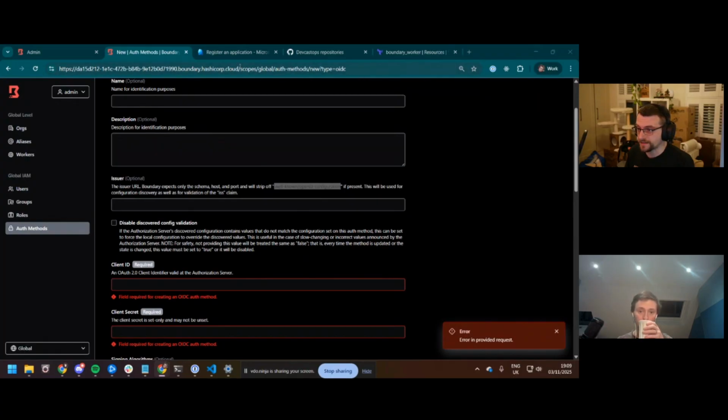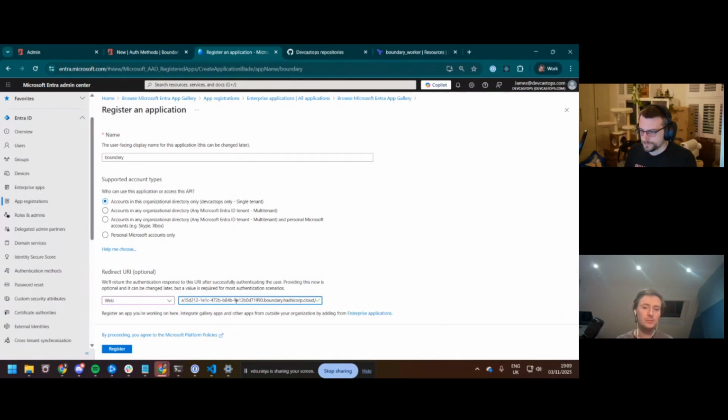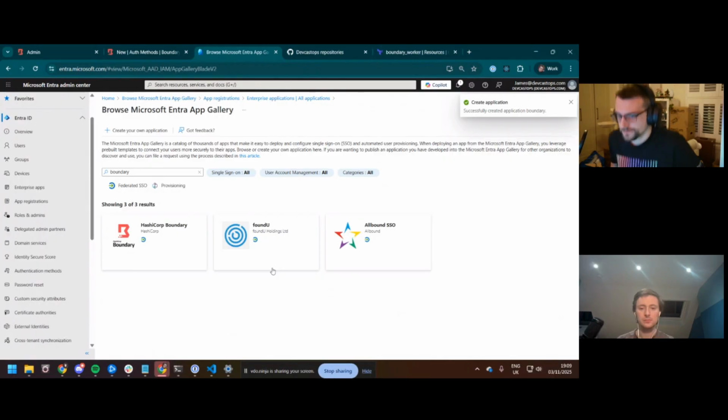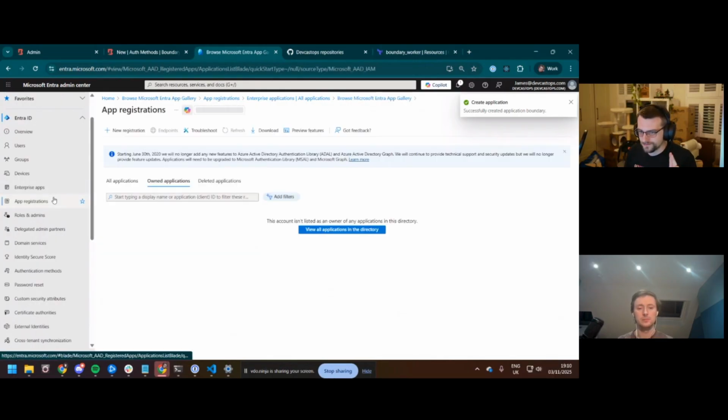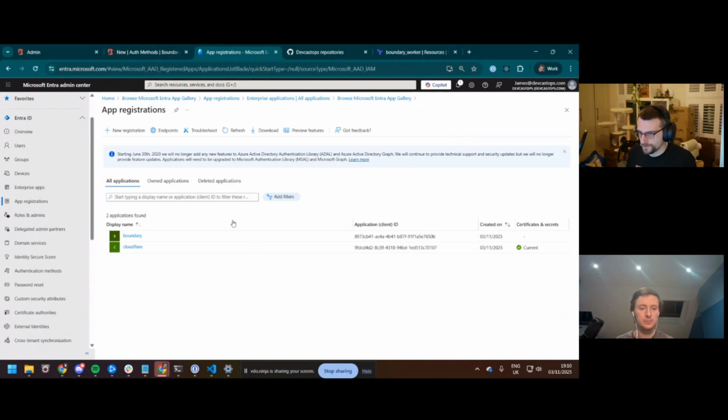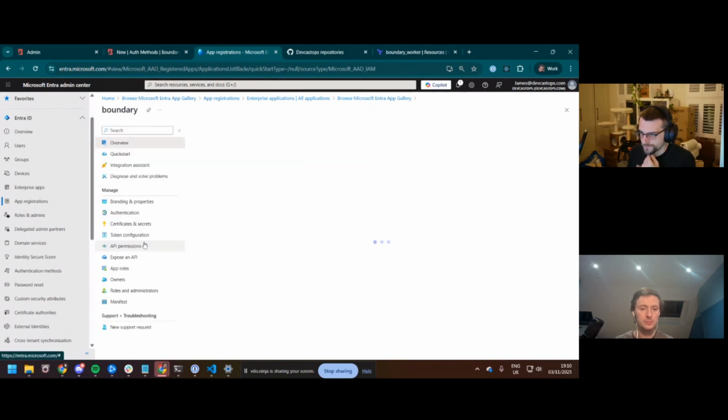So that is the redirect URL then. Okay. I mean, that's fine. Oh yeah, that's just /auth. Cool. So that's the app registered. That's the redirect registered. And then if I go to all applications, we've now got Boundary,